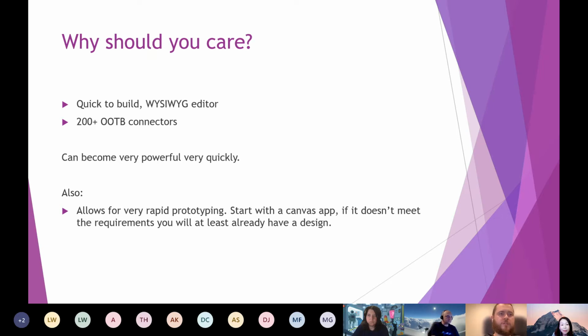So quite often on the projects that I work on, when we're working with a customer, they'll come up and say, look, we really need to be able to do this really specific thing. And I'm able to do that in a Canvas app. So I'll build it in a Canvas app first, and that'll get us most of the way, if not all the way, and then it becomes a time, money, effort conversation as to whether we convert this to a PCF.